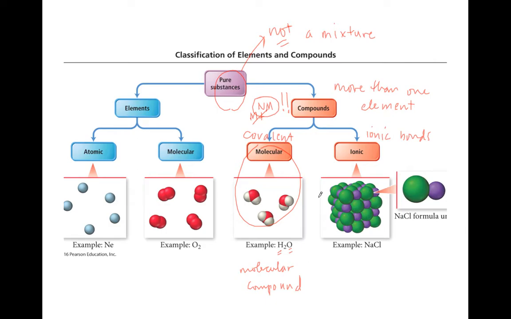Now suppose that you've got more than one element in your pure substance, so it's a compound, but it has a metal in there too. So it's going to be a metal plus a nonmetal, and you're going to have then an ionic compound, right? See a metal and a nonmetal? Okay, so this is an ionic compound, and the basic unit